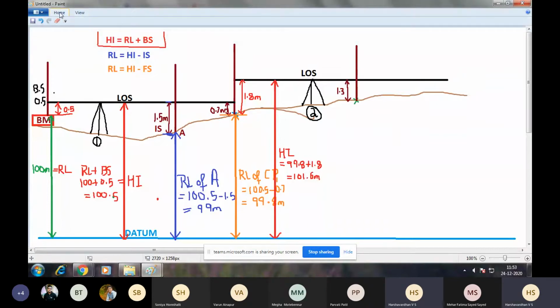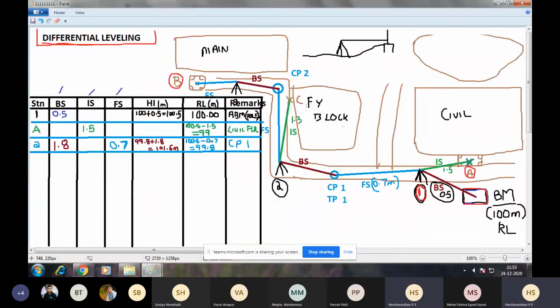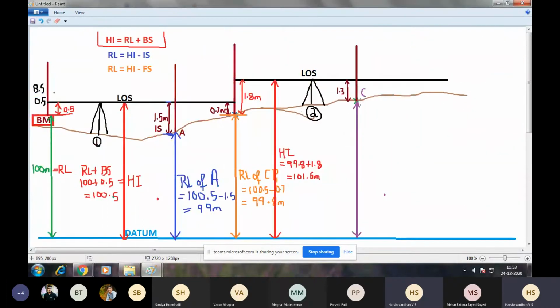Now how do I calculate its elevation? Elevation of this point is the vertical distance of that point from the datum. So this is the RL of, let's call it point C. So how do I calculate the RL of point C?